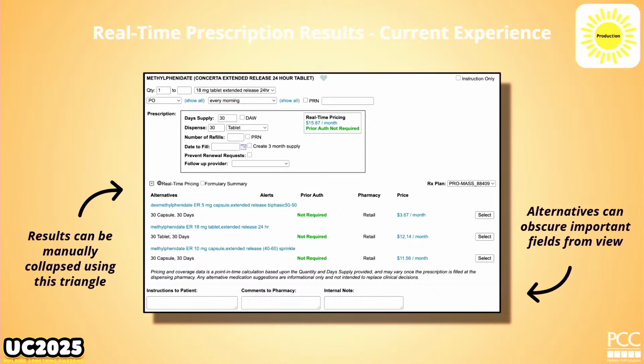If you want, going forward, you can just have it be pre-shrunk all the time. And then you expand it if you care, because sometimes the results are great, and you don't need to look at the alternatives. Think about prescribing on your phone. If you are writing something that tends to have a lot of alternates, it's taking up all that space on your phone, and then you kind of miss the point when you're scrolling around. So you can set it to be collapsed ahead of time so that it looks like the example on the left, and then you could expand it if you need to. We'll talk in a little bit about the real-time prescription results if that's totally new.